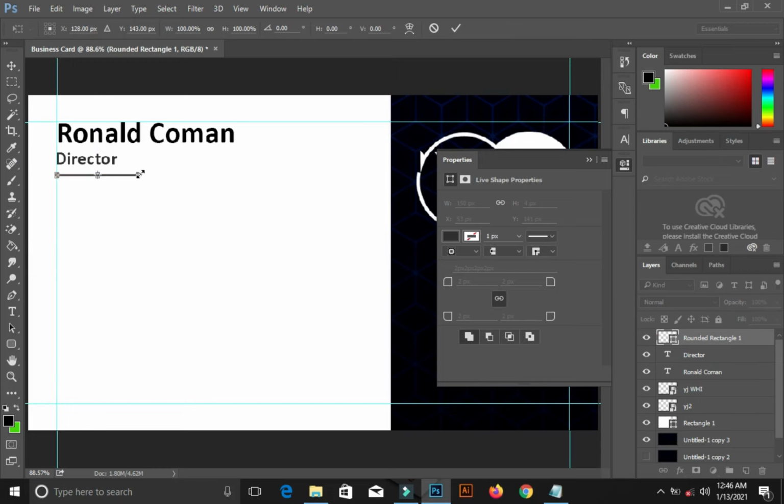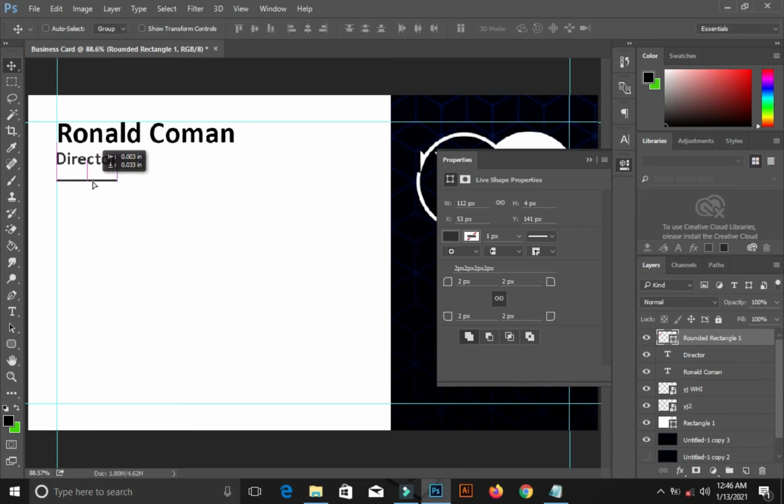My pointer has to be horizontal, with two horizontal arrows. After resizing, I check, using my eyes, to make sure that the spacing between the name and the director, likewise that of the line, are spaced equally.